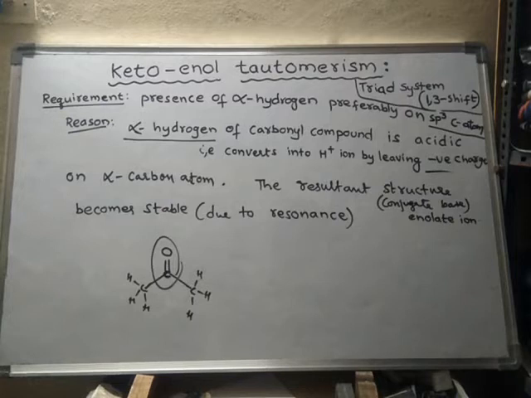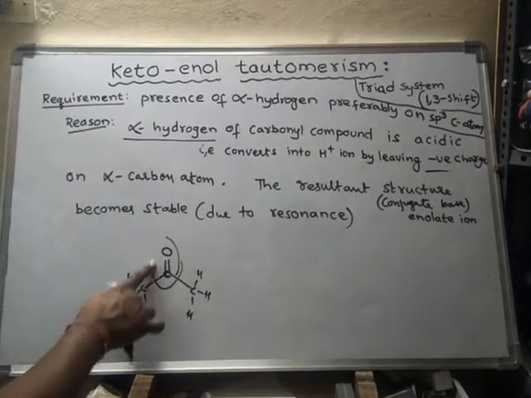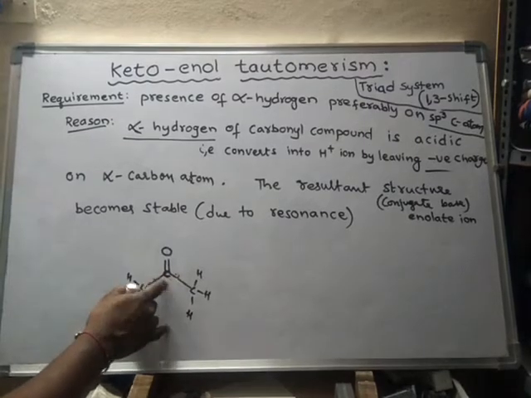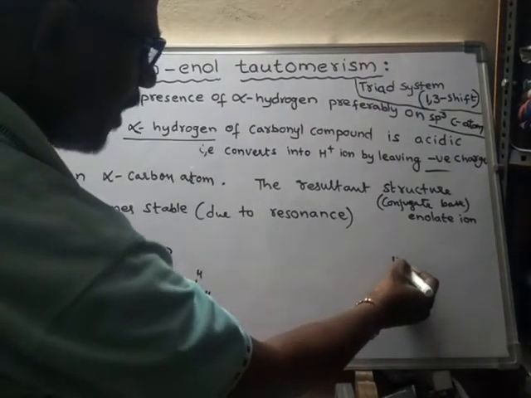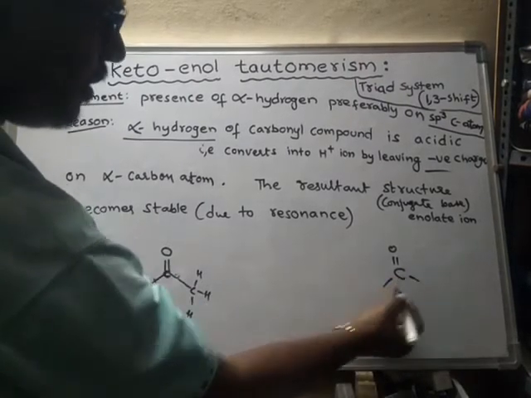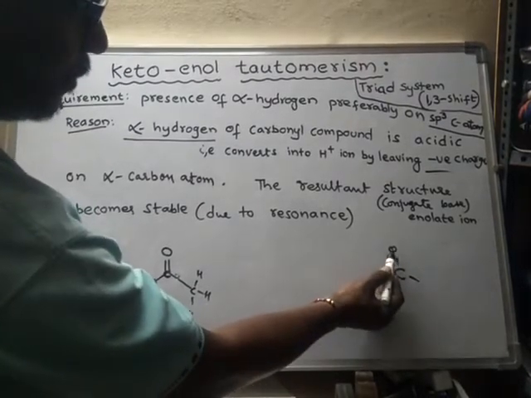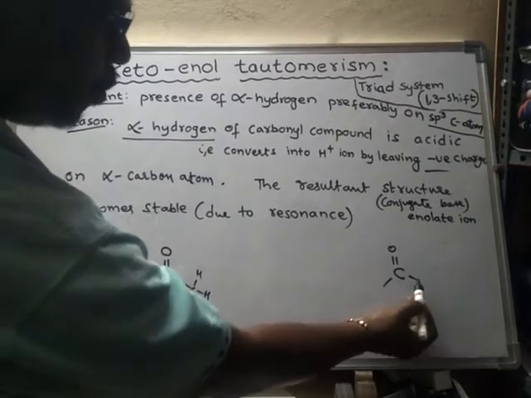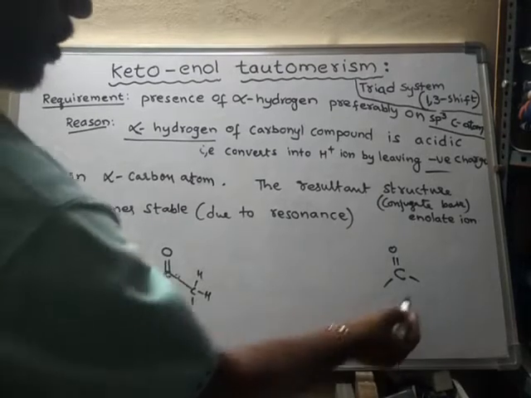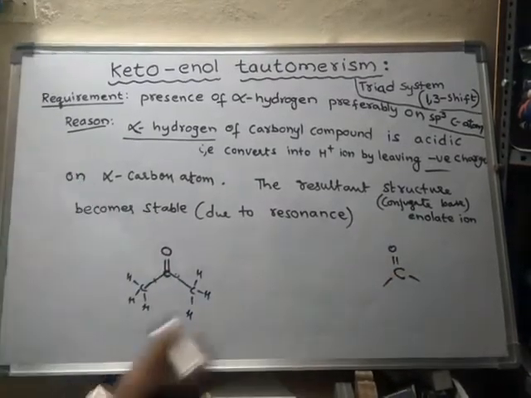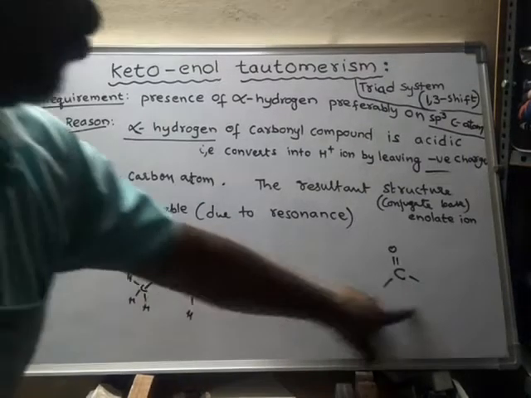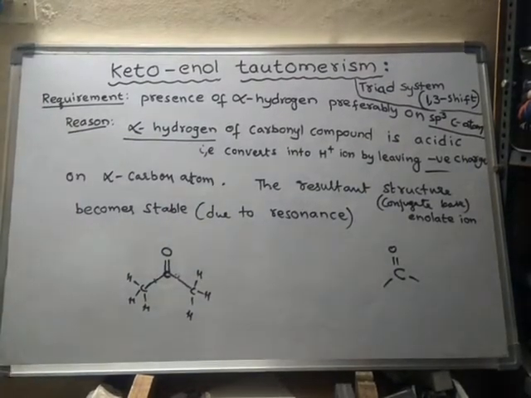Look here, the speciality of this carbonyl group. This group is said to be the carbonyl group. Carbonyl group means, if a carbon has a double bond with oxygen and two bonds with two other atoms, then such a group is said to be a carbonyl group. The compounds which contain a carbonyl group are said to be carbonyl compounds.